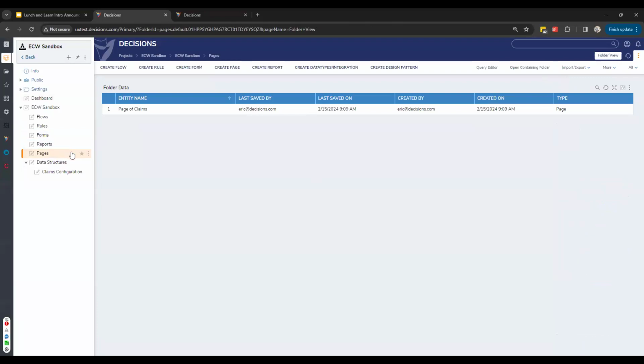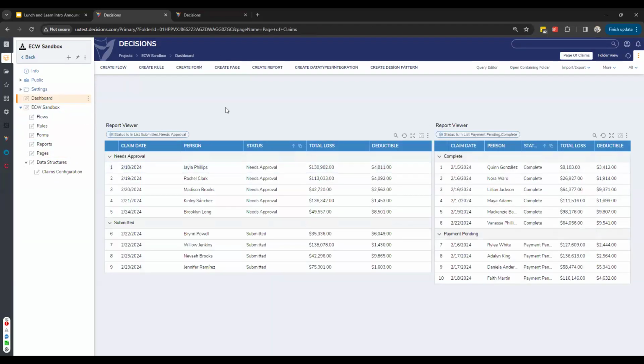How do you show it between different ones? Well, you create different reports with different status filters on them. And then you can either let users change those filters, or you can actually send the filter value in from another source, like another report or a flow, and that will then give you that filtered comparison between the two.